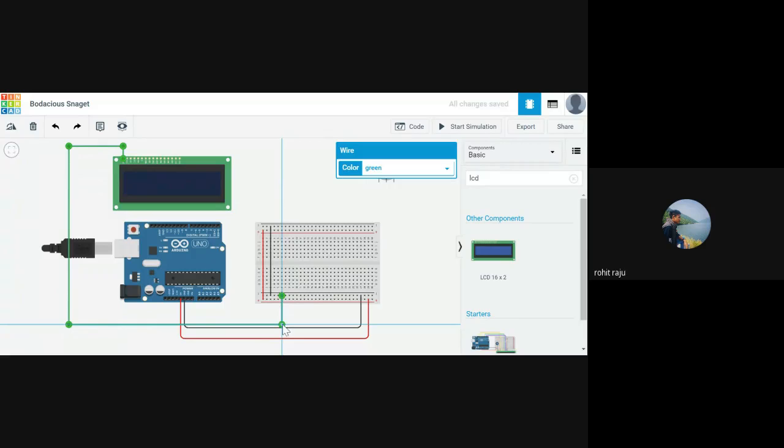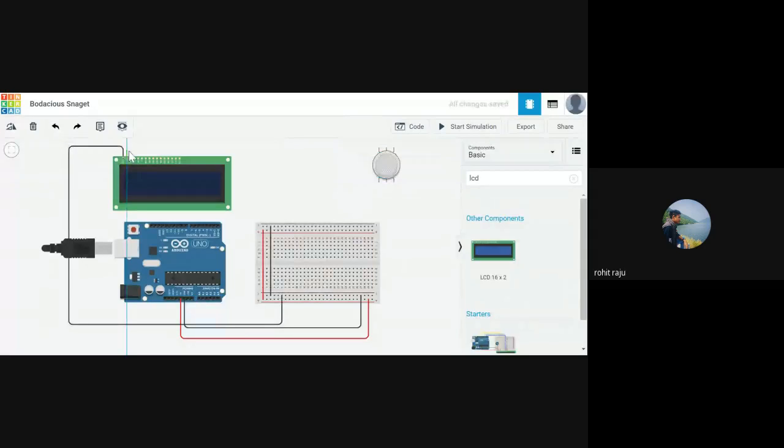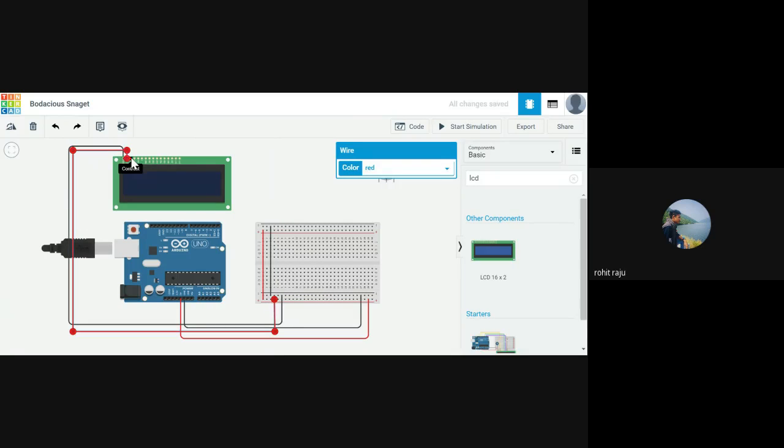Let me go back. So it's ground, right? And the power port. Let me change that to red.